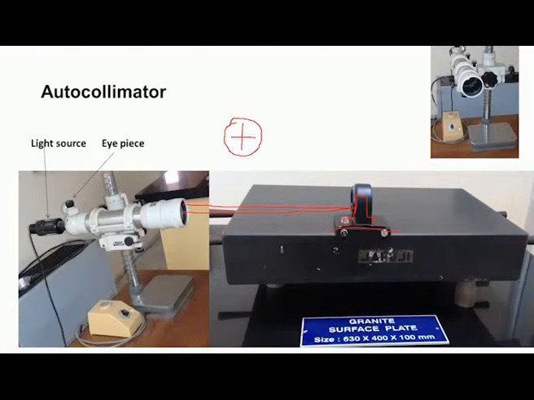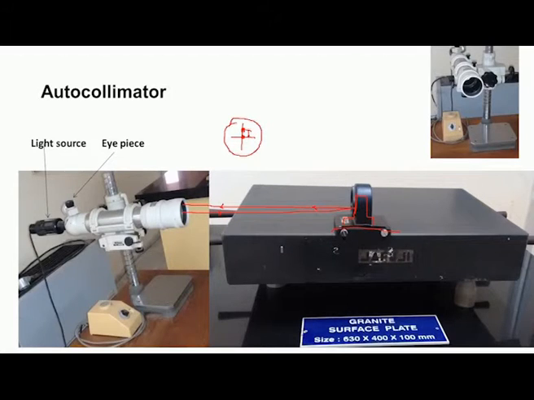We have crosshairs. So, when there is no error, that means the workpiece is perfectly straight, then this is the incident ray and this is the reflected ray, they will get combined, and we get the spot in this place. So, if there is any inclination, light will move in this path, and this spot will move like this. So, this distance we can read using the eyepiece.